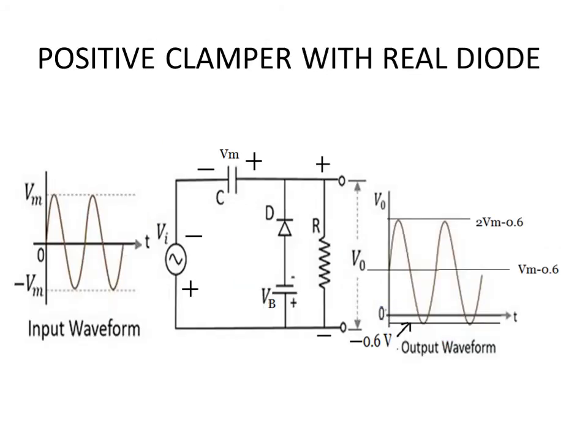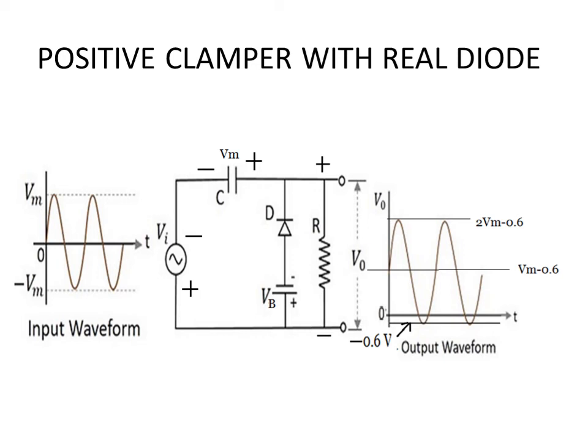Now that gives you an idea about how to design a negative clamper. For that, let me explain how this output will become different when you assume that the diode is real. When the diode is real, you will have to assume that there will also be a battery. When the diode is forward biased, as I explained earlier, this potential barrier is present there. So that much voltage will be dissipated across the diode, and therefore the diode can be replaced by a battery, or you can draw it like this: diode and a battery together.